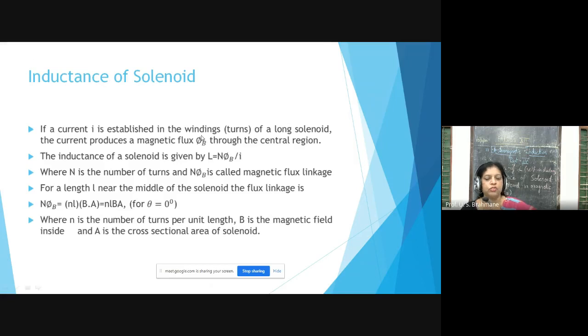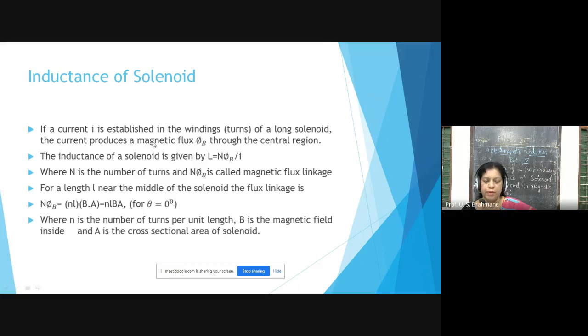Now, inductance of a solenoid. You are very much acquainted with the solenoid. What is a solenoid? It is a hollow cylindrical form of a wire wound coil. Number of turns are there, like a spring in the ball pen. So that is a solenoid. Now, if a current I is established in the windings of a long solenoid,